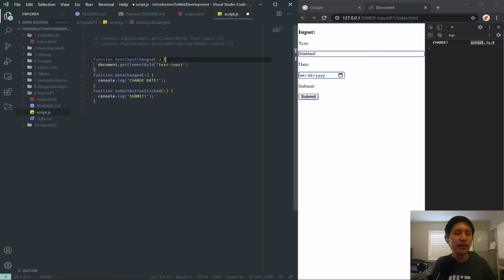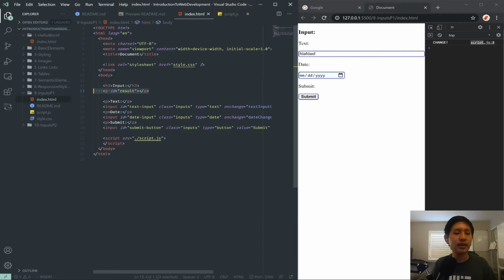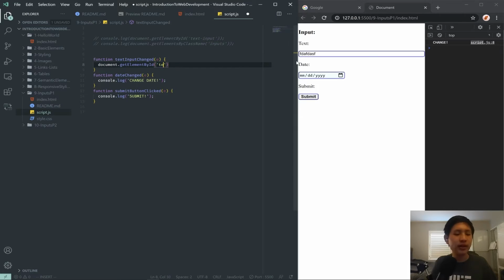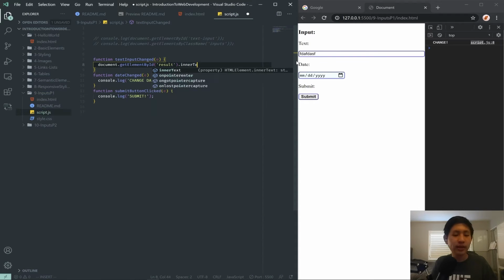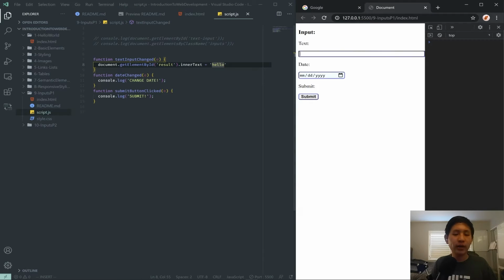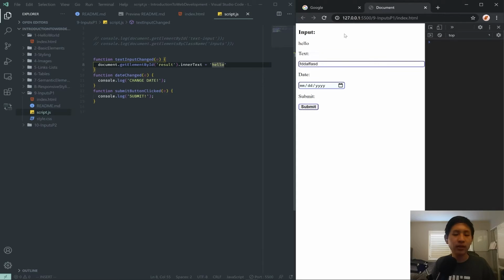And then instead of text-input, we want to be accessing this P right here with the ID of result. So instead of text-input, we can put a string saying result, and then dot innerText is equal to hello. So if I change what's in here, look right here in the space between input and text, boom, it says